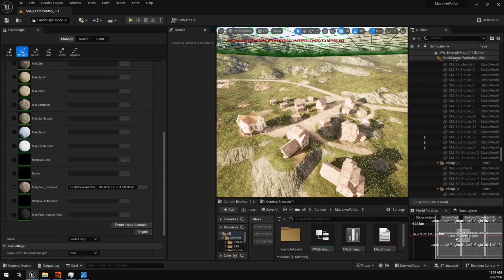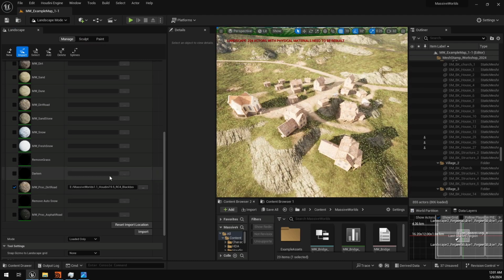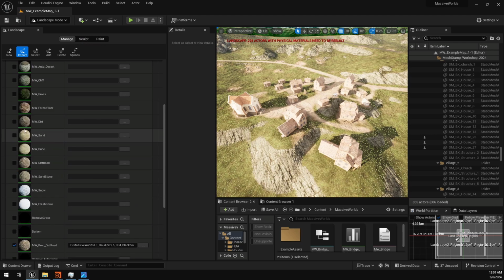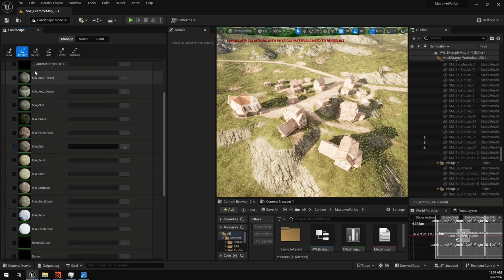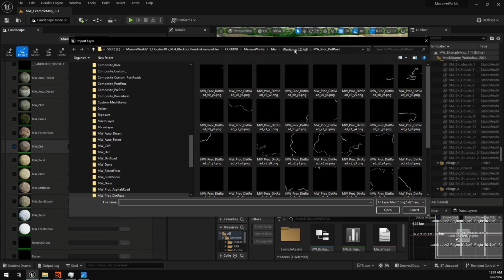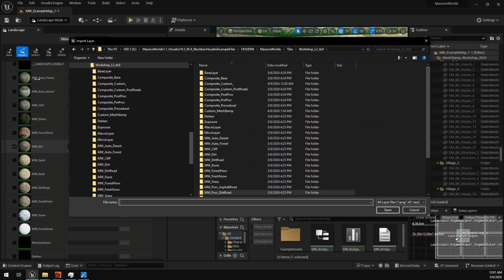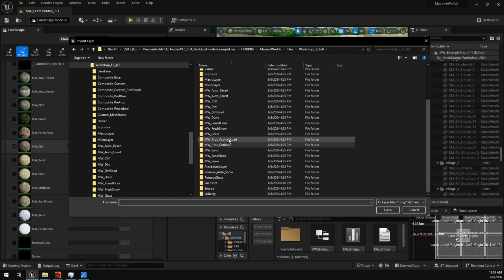And also for underneath the buildings, I am going to override the dirt layer. Now the dirt layer is a weighted material, unlike the procedural dirt road, which means that it's weighted to several other layers in here as well. And in order to make that work properly, we might also have to import, say, our auto forest layer as well. So let's grab this